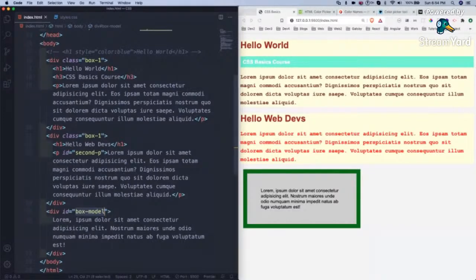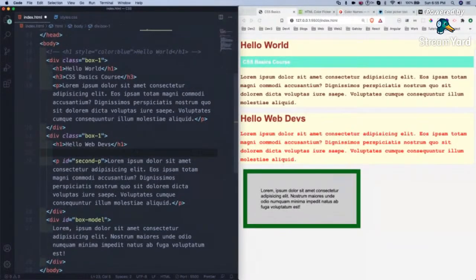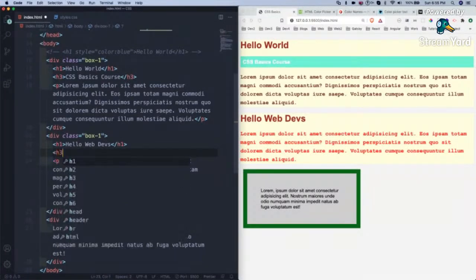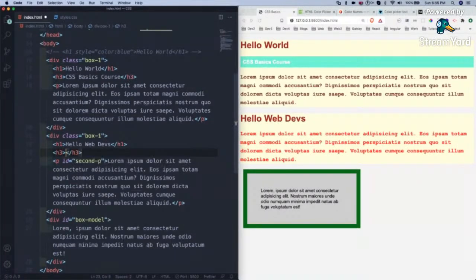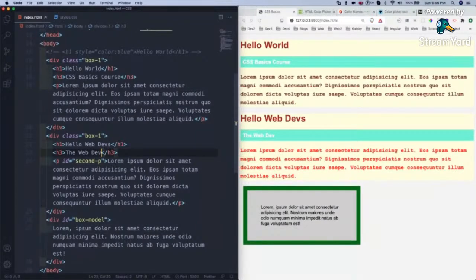Okay, so suppose I have a H1 here, H3 here, this CSS basic course, and let me have a H3 here also. So I have a H3 here also, but I want to target one of them. So one way is to have an ID or a class in it, so that it can be differentiated.